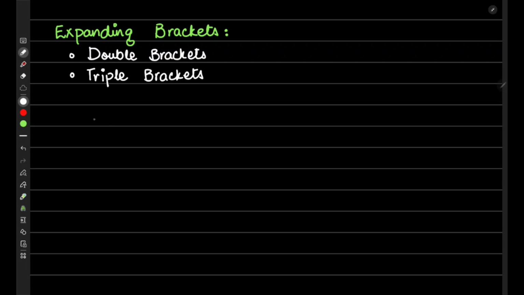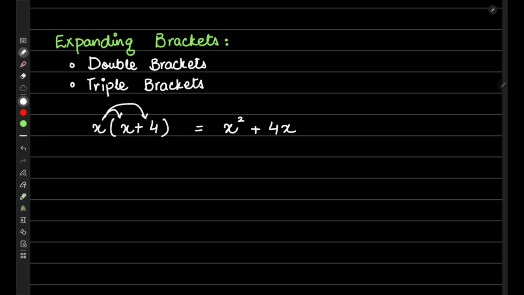We know that, for example, if we have x times x plus 4, that means we will multiply the outer term with each of the individual terms. So it comes out as x times x is x square plus x times 4 is 4x. That is very basic. Now for the double brackets, let's take an example of x plus 5 times